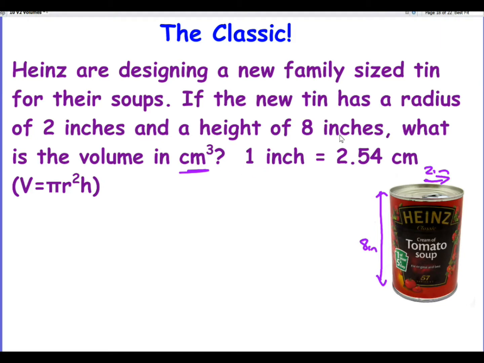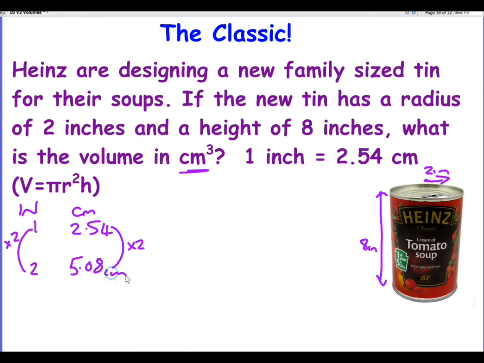So we're going to have to change our inches to centimeters first before we calculate the volume in centimeters cubed, because this is the only conversion we've got. So the strap line says we've got inches and we've got centimeters, and 1 inch is 2.54 centimeters. We'll change the 2 inches first. We haven't got 1 inch, we've got 2 inches, so we multiply by 2. Multiply the other side by 2 and we get